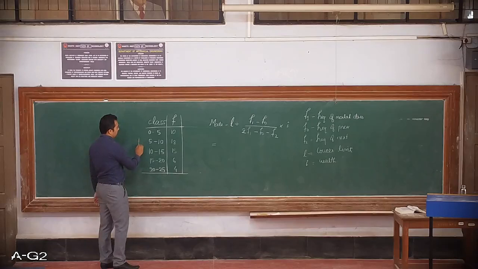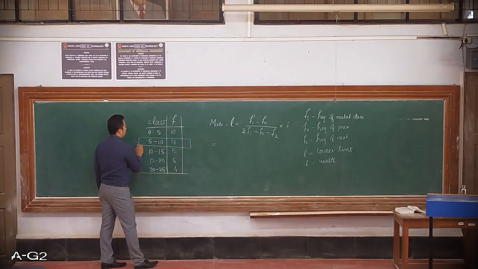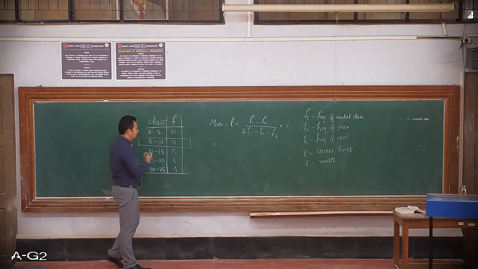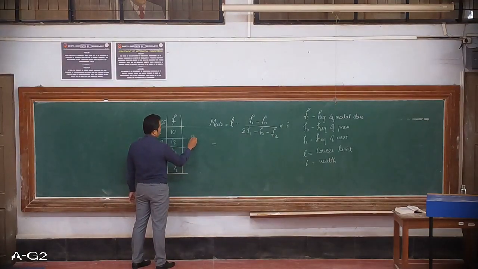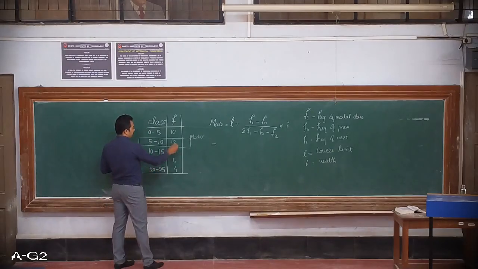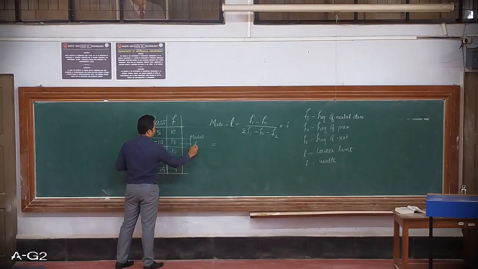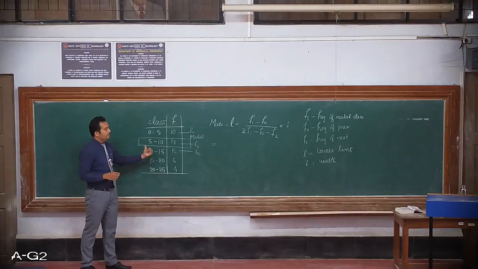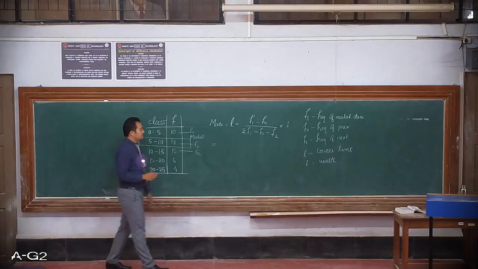this example, the class from 5 to 10 with 18 frequency is very much clear. This is your modal class. So where do you expect the mode in this particular class? Then this is nothing but your f1, this would be your f0, and this value will be the f2 value. Okay, considering all these three values along with the lower limit and also the width of the class, your substitution